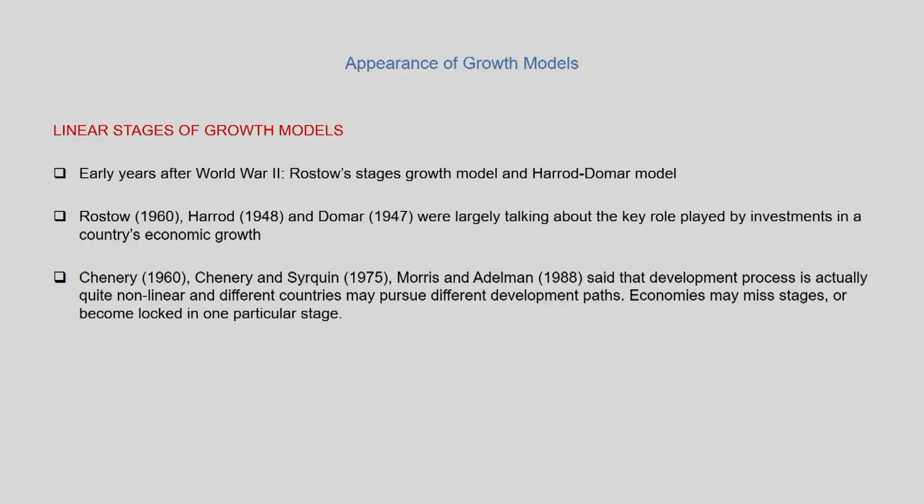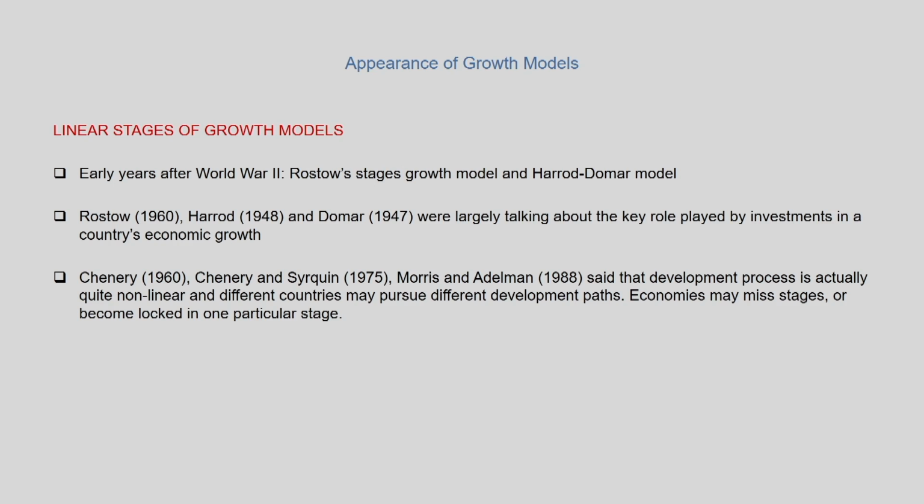The contemporary theories of growth refer to the new growth theory, which emerged in the 1990s, and where there was a lot of focus on investments in the knowledge economy, investments in research and development, and so on and so forth. However, it is important for us also to look at the chronology of when these economic growth models made an appearance, and whether there is an order. Among the classical theories of economic development, there are basically four kinds of growth models.